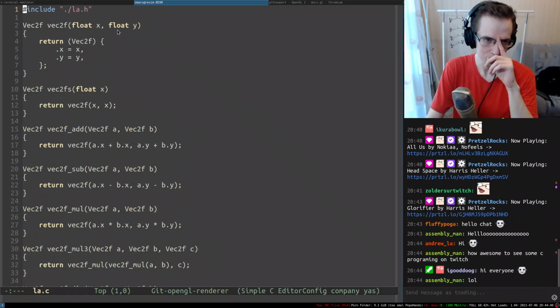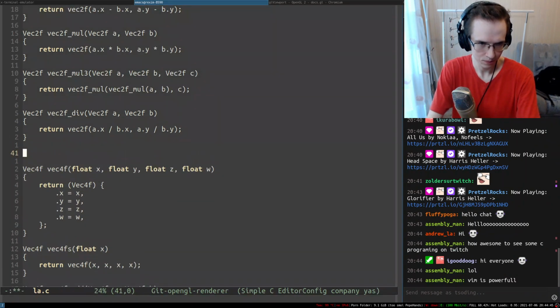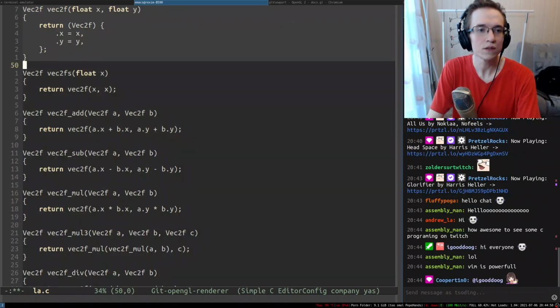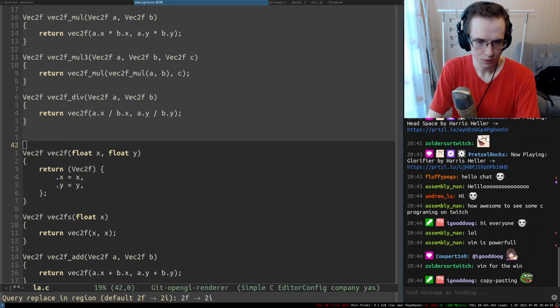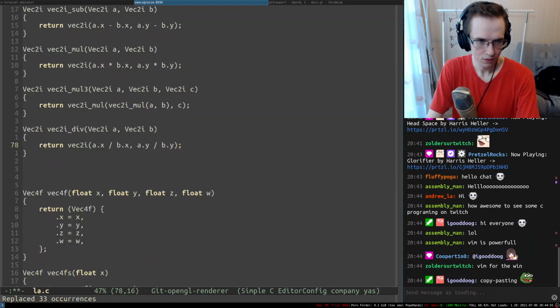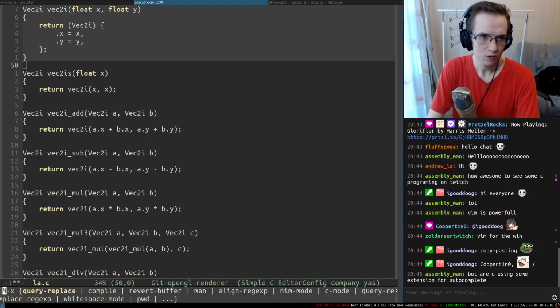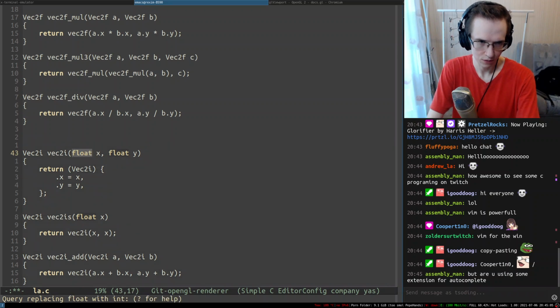In la.c, we're gonna take this entire thing and do the same thing. Query replace to fi, boom, and in here I'm gonna be doing Emacs float to int, boom.